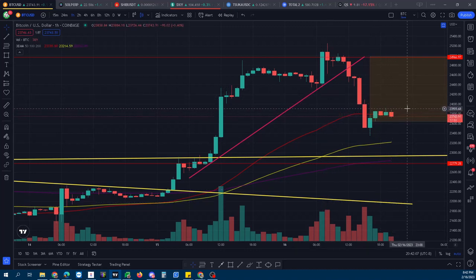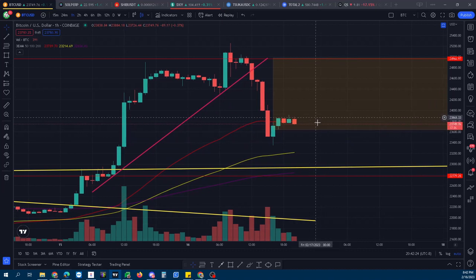And now we're reaccumulating, possibly get a move back up during the weekend, somewhere between 24,100 and 24,400, possibly 300, and then we come back down. We either reaccumulate back here and then move up again and make a very similar pattern to the Bitcoin top, or we end up getting this giant bearish double top and we come back down and revisit somewhere below 22,000. So that's what I'm looking for.